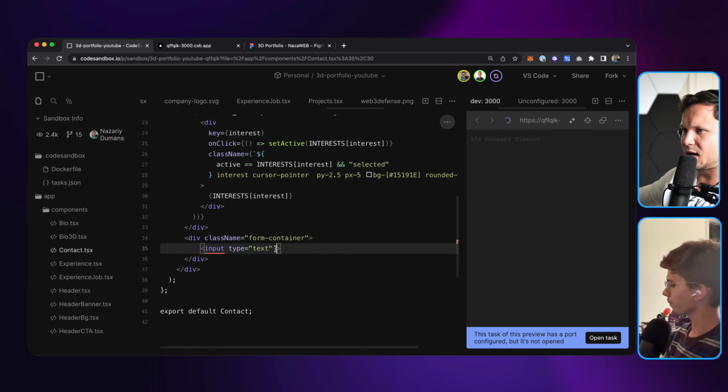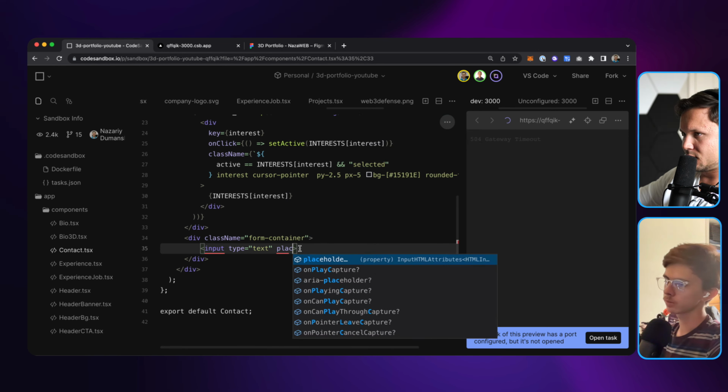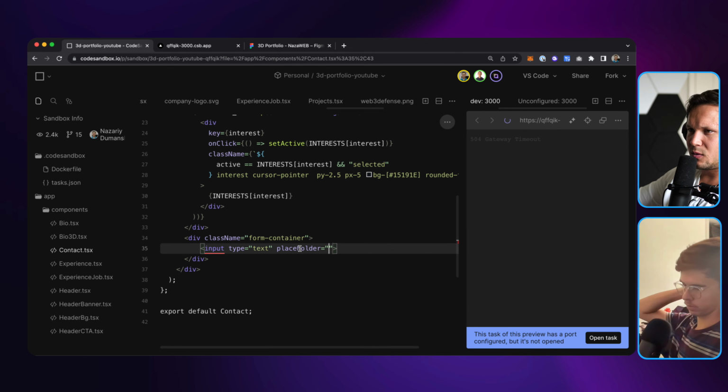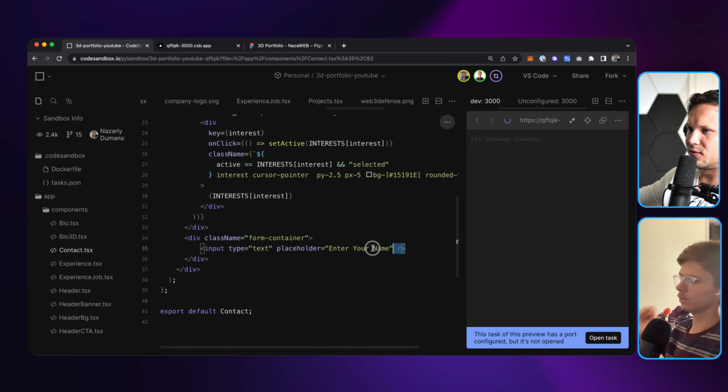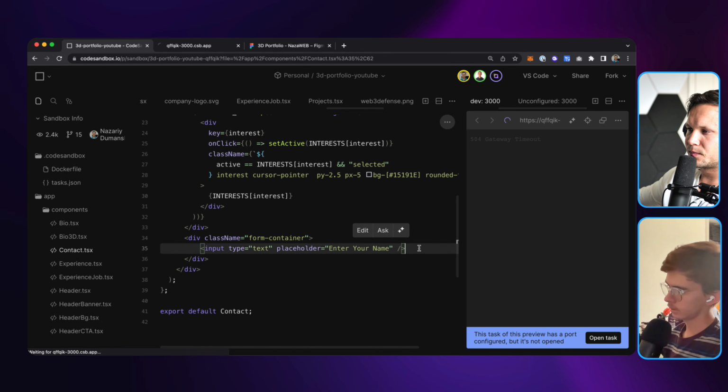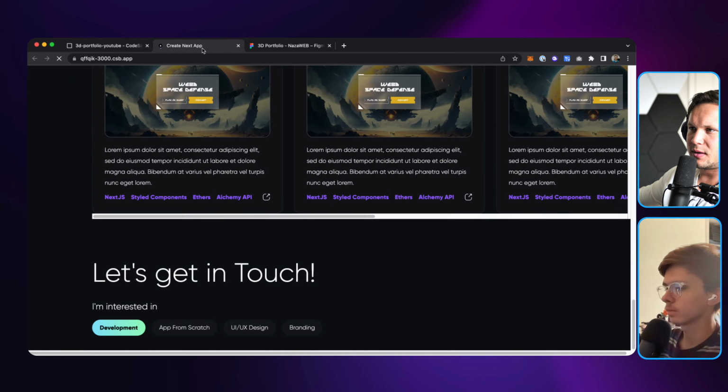So that's kind of how I think we should do that. But yeah, let's do that. So we have input type text, yes. Placeholder is equal to enter your name. Boom. And input is actually usually self-closing, by the way, for those of you who don't know. And so now if we look at that,